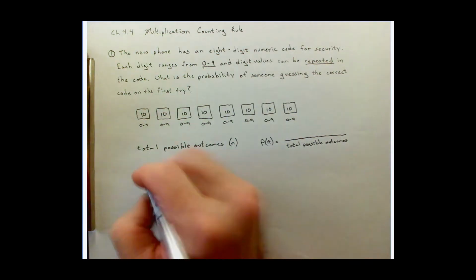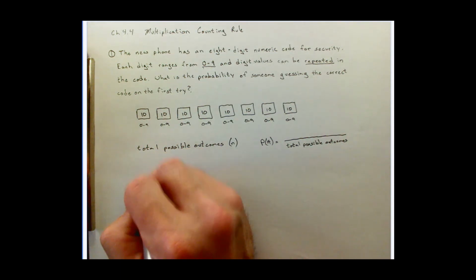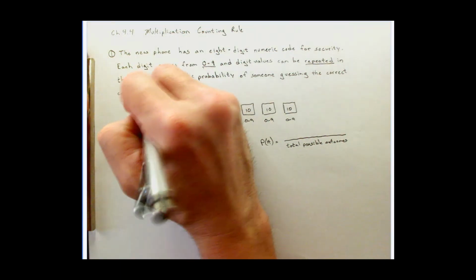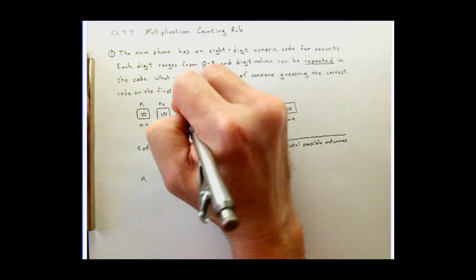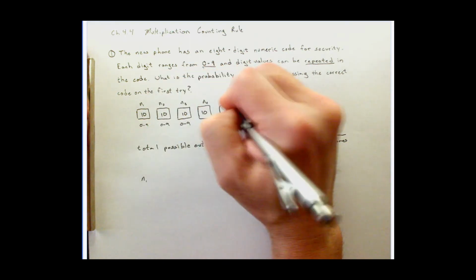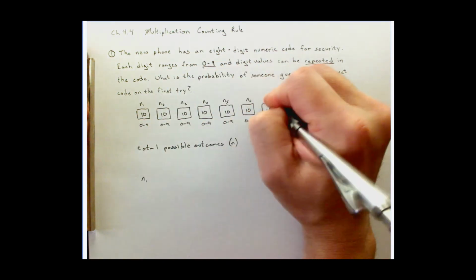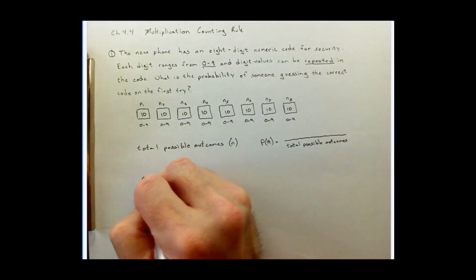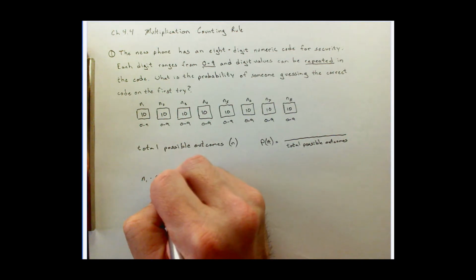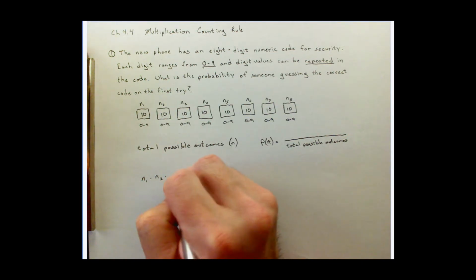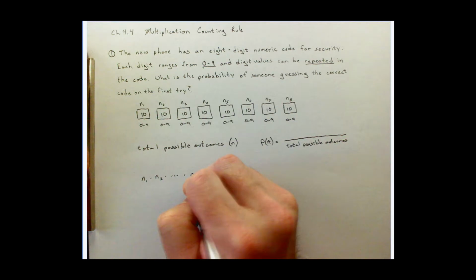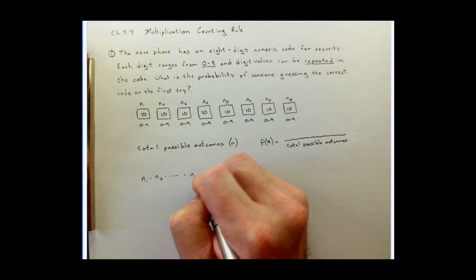And what this turns into is n sub 1, n sub 2, n sub 3, n sub 4, n sub 5, up to n sub 8. And I could say n sub 1 times n sub 2 times, and all the stuff in the middle, n sub 7 times n sub 8,